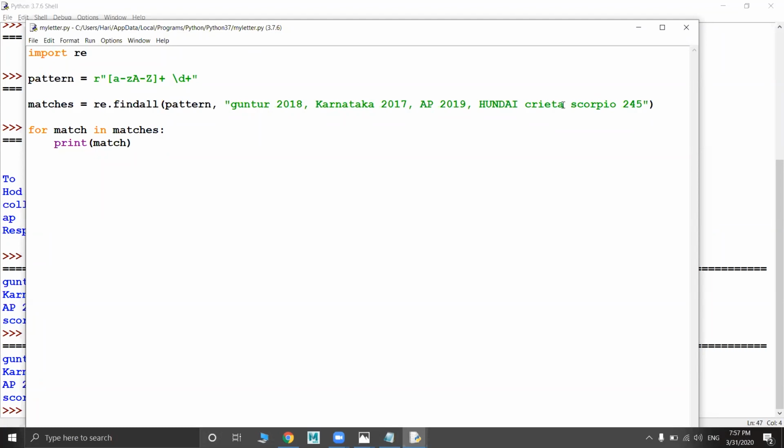Okay, sir, what if we don't write the R in the pattern, will there be any difference in the output? As Fanindra said, there will be some difference. Maybe you won't see it here and the output looks the same, but when you are working with huge patterns, then there will be a difference.